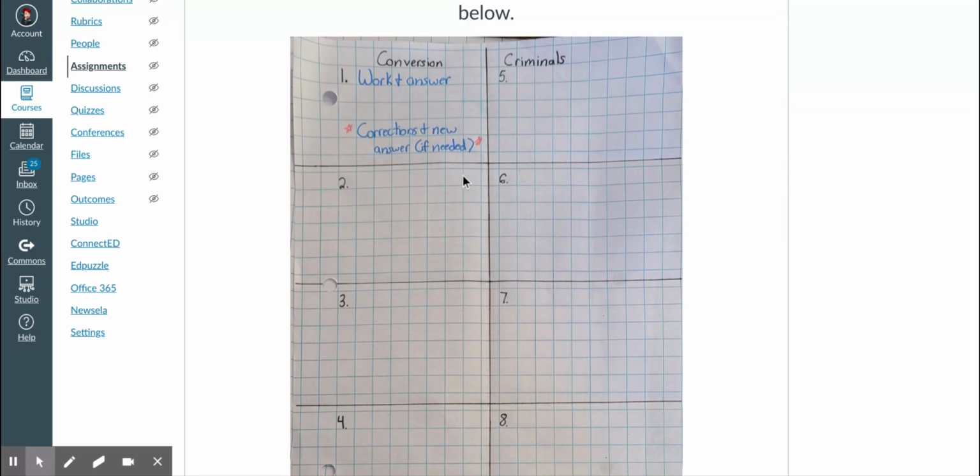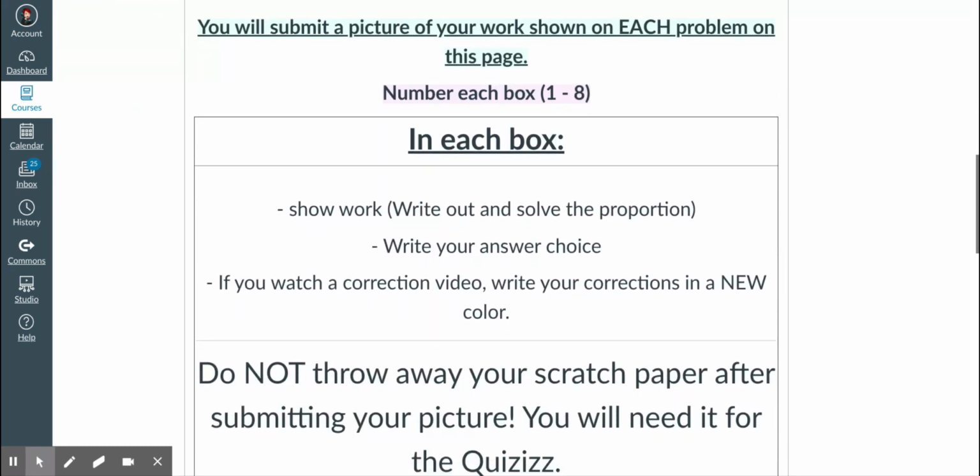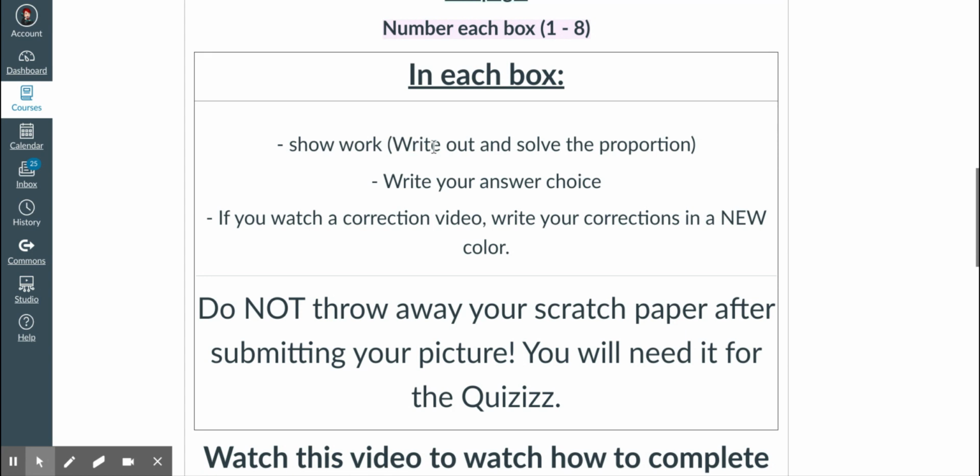So don't rush through the activity thinking that you don't have to show work, because this is what we're looking at. Each box should be numbered 1 through 8. In these boxes, you're going to show your work for the original problem, write out and solve your proportions, write the answer choice you pick, and then if it takes you to a correction video,